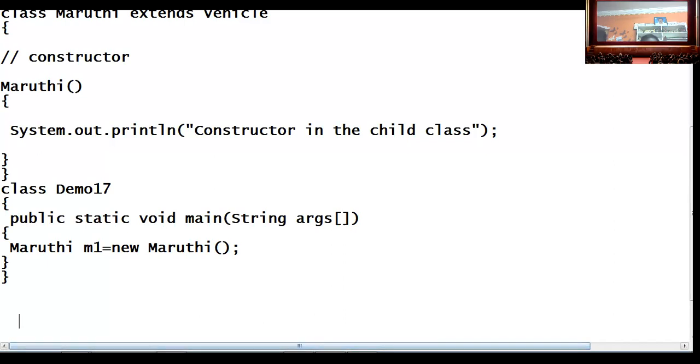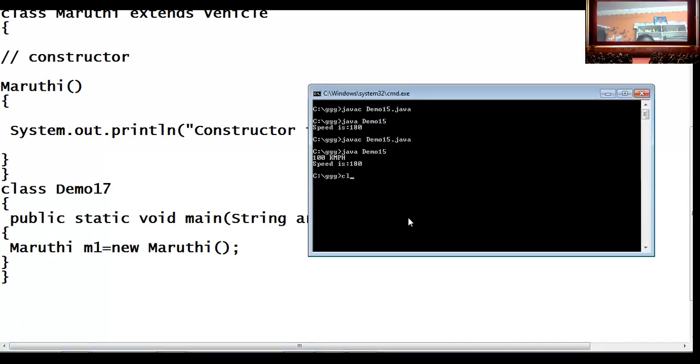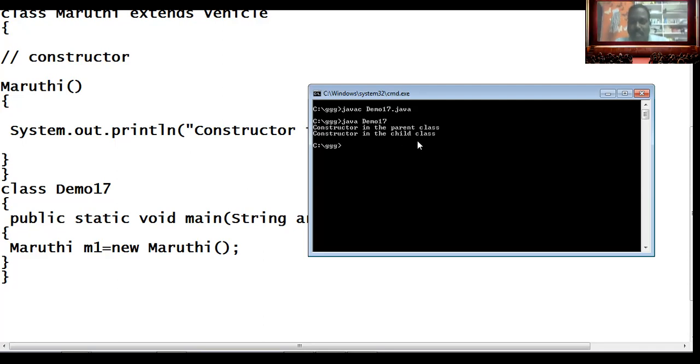So I'll run the code: javac Demo17.java. Okay, the program was compiled successfully. I can run the code with java Demo17. So here the parent class constructor and then the child class constructor are printed automatically.